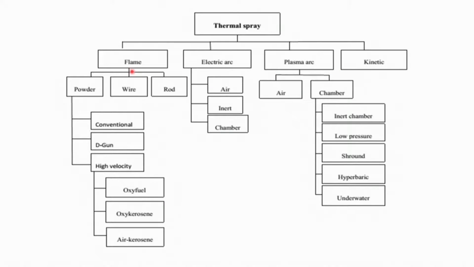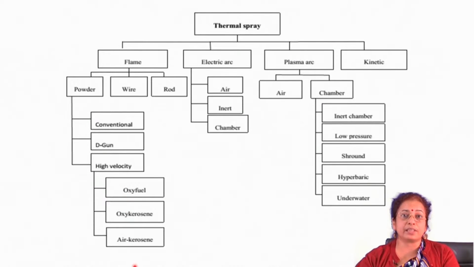Now, the sub classifications under flame spraying are based on the way you use the precursor material. It may be in the form of powder, wire, or rod. If it is in the form of powder, then there may be conventional flame spraying, detonation gun flame spraying or high velocity oxyfuel spraying. Then under the high velocity category, there are further sub classifications like oxyfuel, oxykerosene or air kerosene, depending on the kind of fuel you use